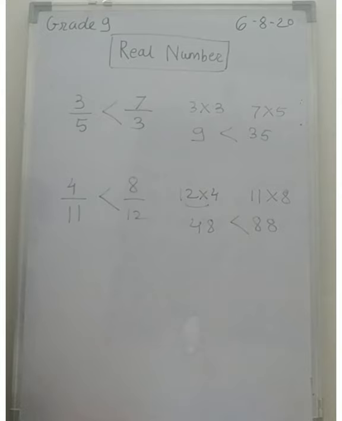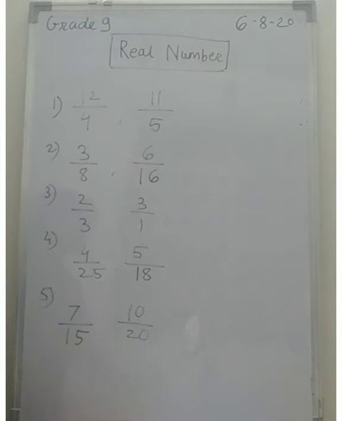So I want you to write down all these sets and the examples and the relation between two rational numbers. Okay, so do it, and if you have any difficulty in this, you will ask me. I am going to give you some homework also to decide which numbers are greater. So these are the 5 numbers and you will be deciding which number is greater than the other number, or if they are equal also. So do it and show it to me on WhatsApp. If you have difficulty, I'll solve it tomorrow.